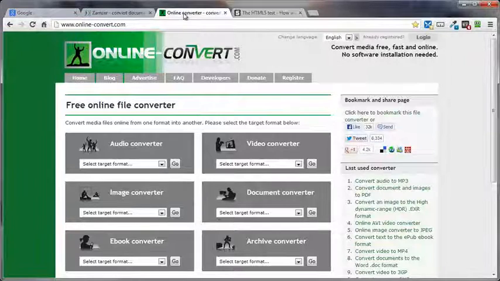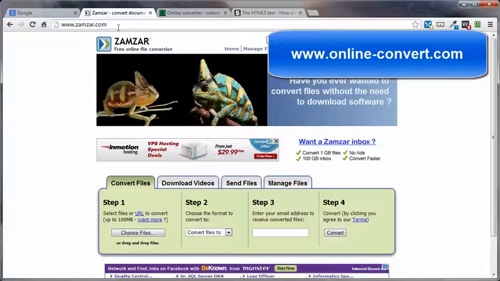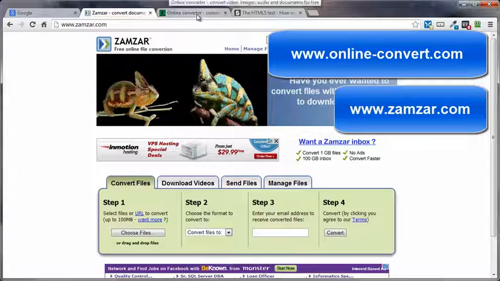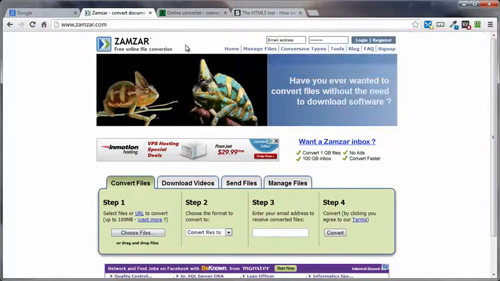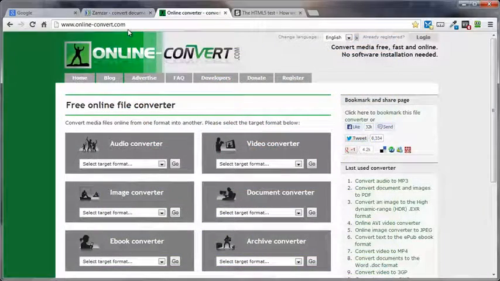A couple more sites for you to check into and possibly bookmark, if you don't already have some type of software that converts one format to another, is Online-Convert and Zamzar. Both of these convert a lot of different formats to a lot of different other formats. In this case, we're just talking audio formats. They both do pretty much the same thing. They're both free, and they both allow you to download the converted file. Zamzar is a little different in that they require you to insert your email address here. They will then email you the download link as soon as the conversion takes place. Online-convert.com, no. They do it all right here on the site, and they provide you with a download link, and